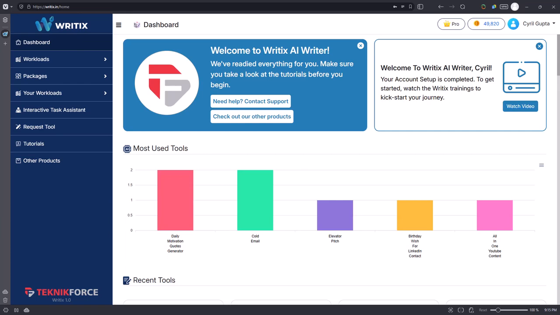A few days ago I saw a stat that really shocked me. Even today, only about 25% of small businesses have adopted AI, and the bulk of them, that 75%, have not adopted AI in their business. Well, that needs to change, and Writix is the right tool to change that, because Writix gives you AI, but